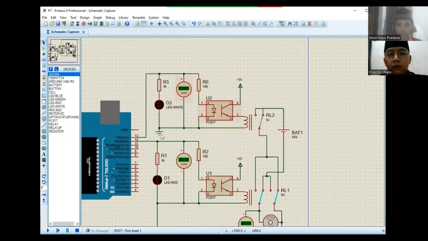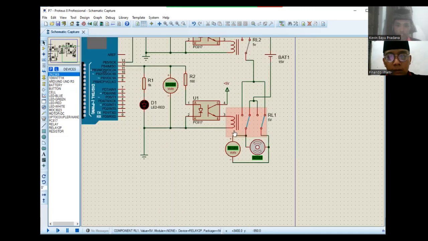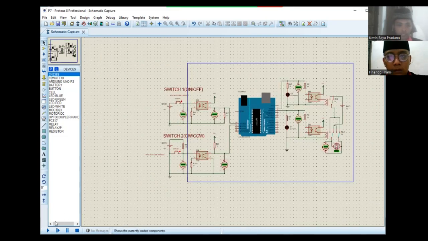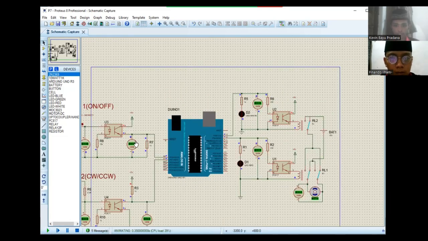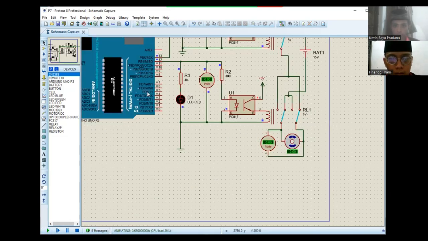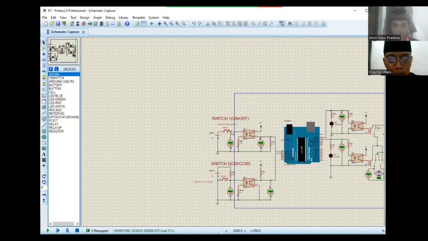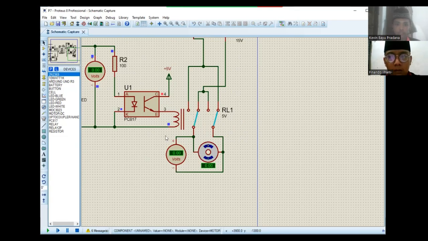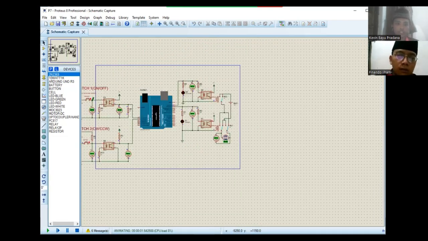Okay, this is for the input. This is for the motor turn on. This relay is for the motor turn on or turn off, and this second relay is for the rotation of the motor. Okay, we will run the simulation. Because switch number 1 is still low, the motor is turned off, not rotating.